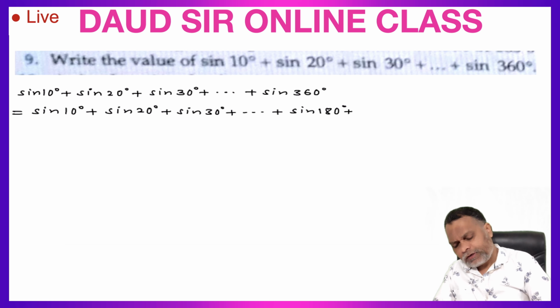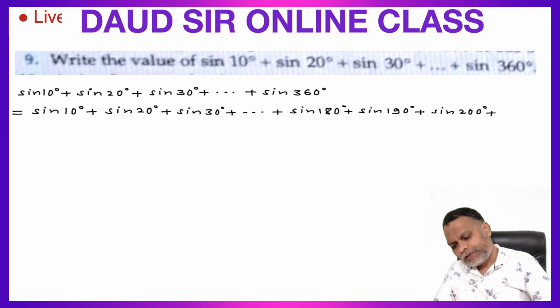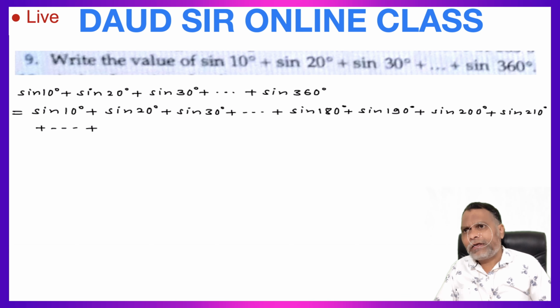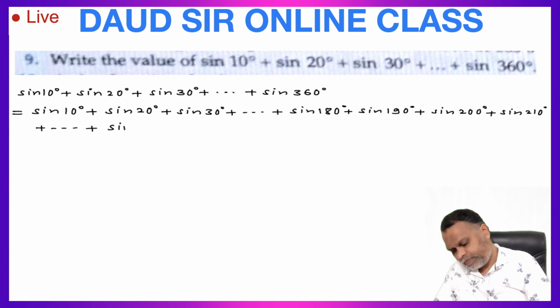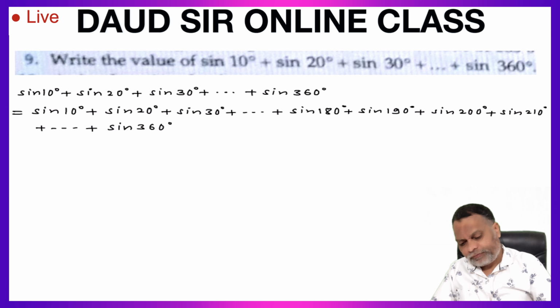plus sine 190 degree plus sine 200 degree plus sine 210 degree plus up to dot dot plus sine 360 degree. Sine 360 degree we can write. All the values we can write. So look at here, this